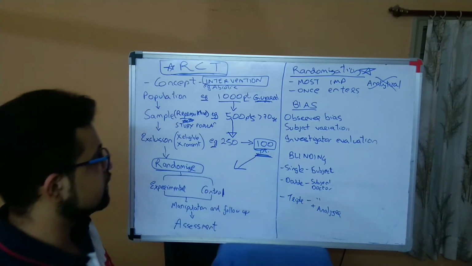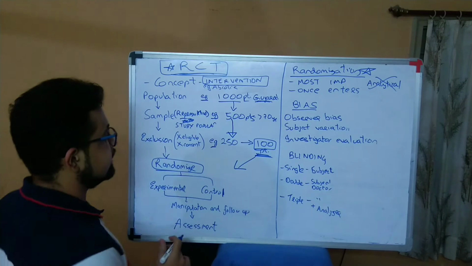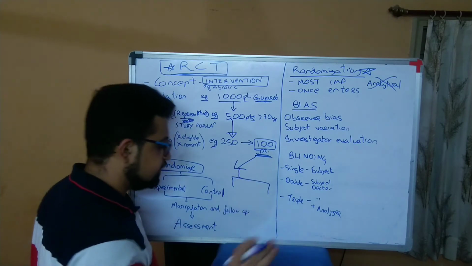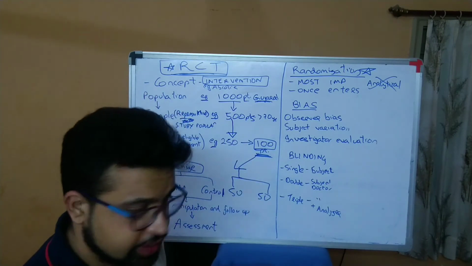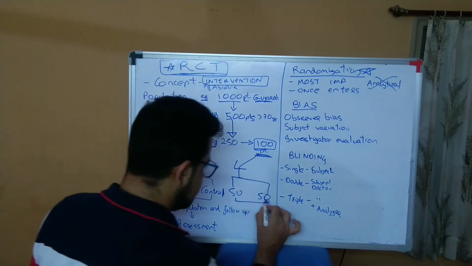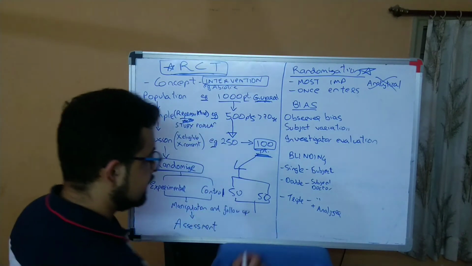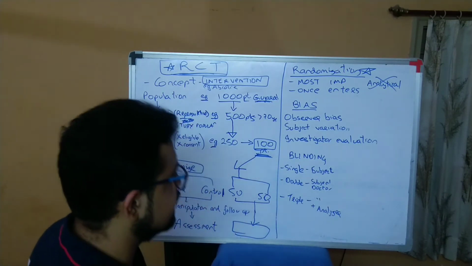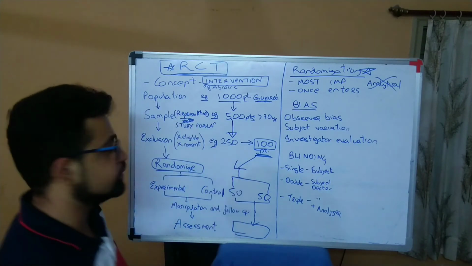This is most important, we are going to discuss it. Randomization is the most important part of an RCT, right? Out of those 100 patients in ICU stay, to 50 patients, let's suppose, taking an arbitrary value, I give amphotericin. And to 50 patients, I am not giving amphotericin. Then I'll be going for manipulation and follow-up. That is, I'll be giving amphotericin and following them up. And at the end, I'll be going for assessment: radiological assessment, symptomatology, all those things, and how effective amphotericin was in reducing these things, right?